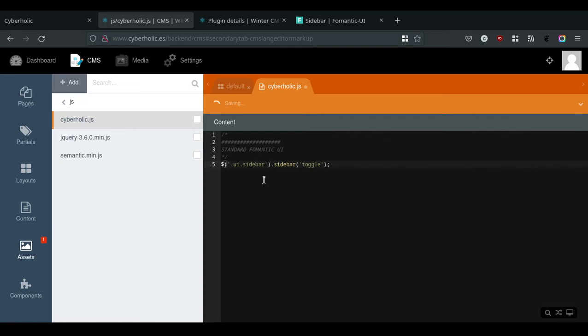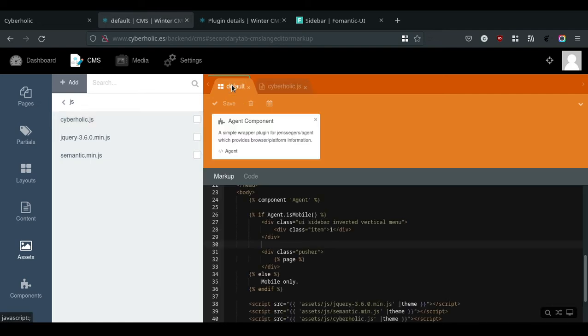Okay, what's going to happen now is that as soon as the page loads, it's going to load the cyberholic.js file and instantly toggle the sidebar. What sidebar? The sidebar that has been defined with UI sidebar. Because inside our code, we are currently just